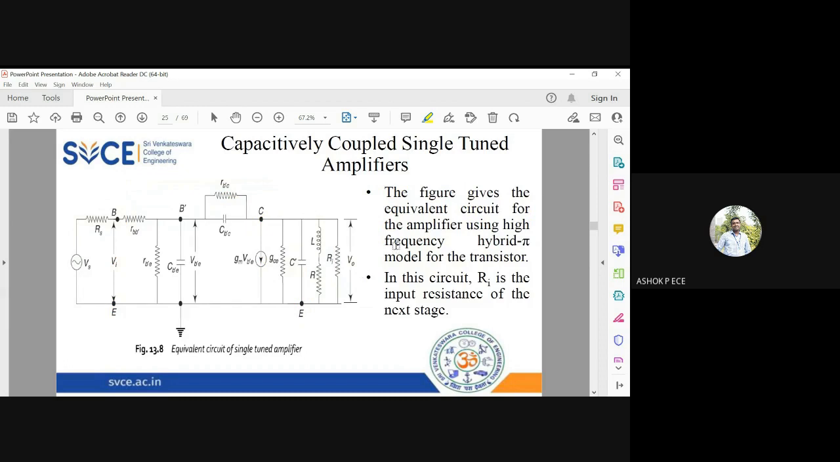So in the same way, that is what is explained here. It is the hybrid pi model equivalent circuit for a transistor at high frequency, and Ri is the input resistance of the next